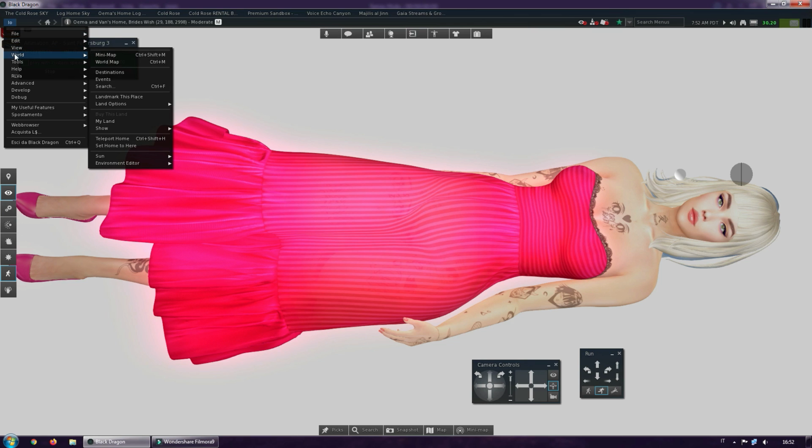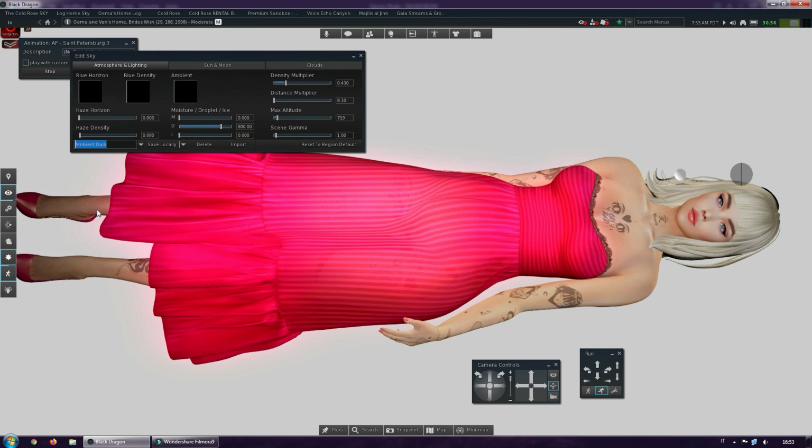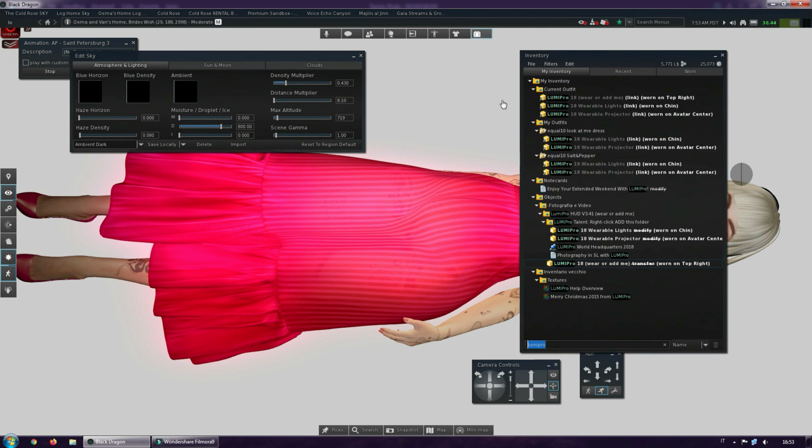To do this, I need to go to the old windlight settings, because I still haven't imported this windlight parameter like EEP, so I don't have it at this moment. So simply go to World, and go to Environment Editor, Edit Sky, and go to Ambient Dark. Okay, the most important thing is that